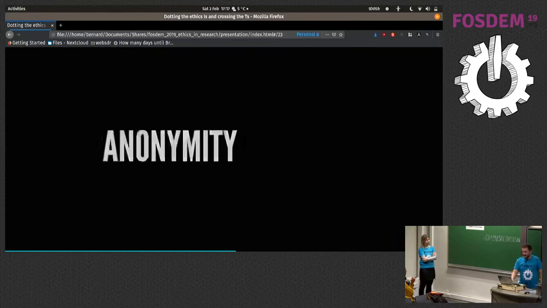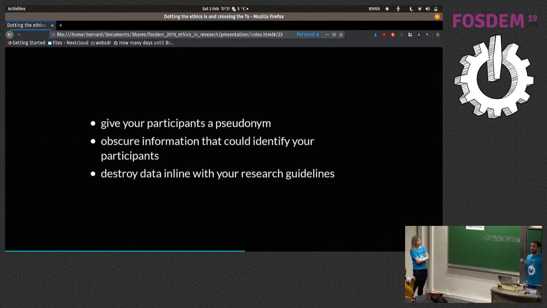Anonymity. So, participants have the right to be anonymous. You don't have to give all their name, address, shoe size, preferences, whatever. That can often be unimportant in the research. What you should do is give your participants a pseudonym. This can be something really boring like participant 3 or Bobby or whatever. The important thing is that you know who this participant is. The pseudonym makes sense to you. When you're sharing the research, all you share is the pseudonym.